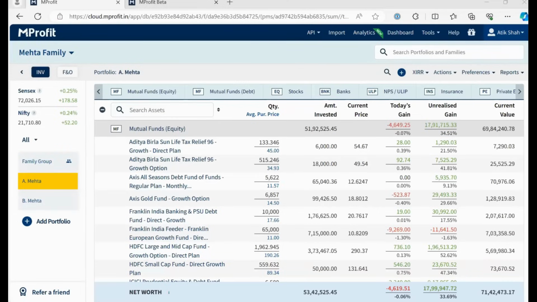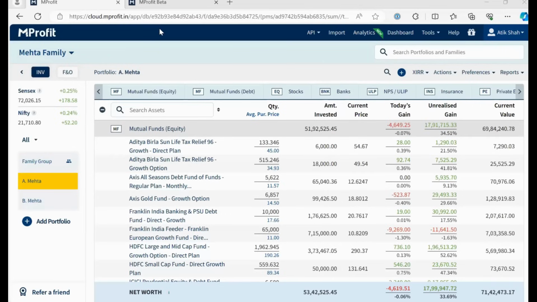Before we get started with the new feature, let me quickly explain the previous process. Till now, we used to recommend clients to get the CAMS CAS PDF statement from camsonline.com and import that into MProfit to update the mutual fund transactions. Now with the new CAS API feature, we have made it very easy: you can simply enter the PAN number and the linked email ID or phone number to fetch the transactions.